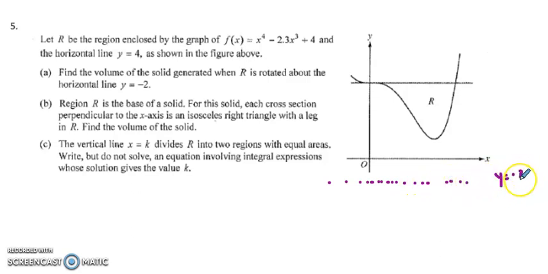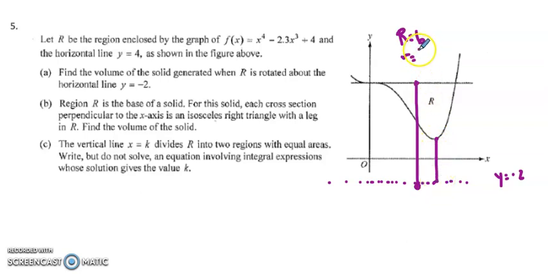I like to draw it just so I have a visual of big R and little r. Big R is the furthest part of the region all the way to the axis of revolution. In our case, that's going to be 6 because this is y equals 4 and this is -2, and so 4 minus -2 is 6. That's big R. Little r in this case is going to be the distance from the closer graph to the